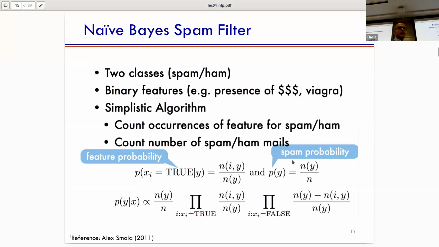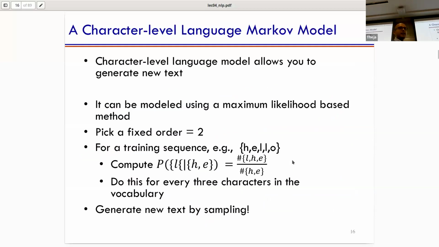Okay, so that's naive Bayes. I want to stop with one small model. It's easy to explain, so that's why I'm going to squeeze it into the next 10 minutes. We can probably revisit it again. So this is called a